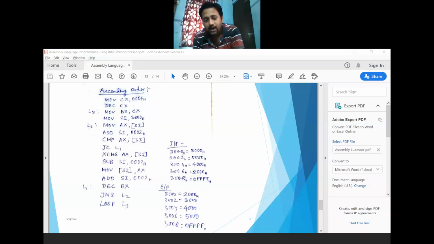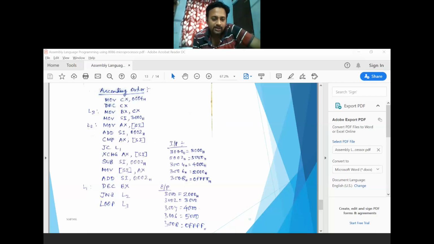Okay, so now SI will be moved to X position, then subtract SI 0002 to get this content into this position, and then AX content into the SI memory location, and after that it will be incremented by 1, so it can execute the next data byte.